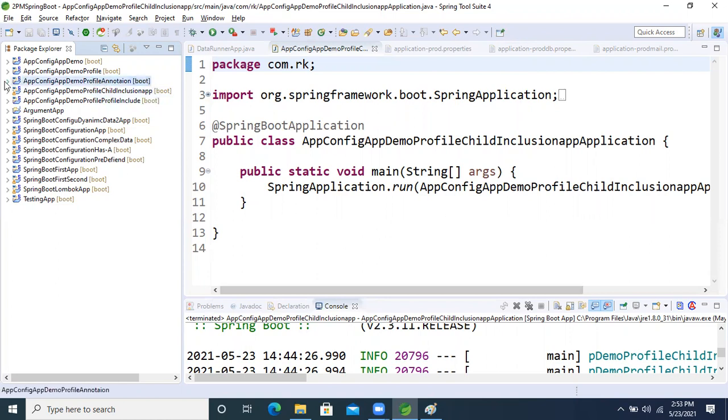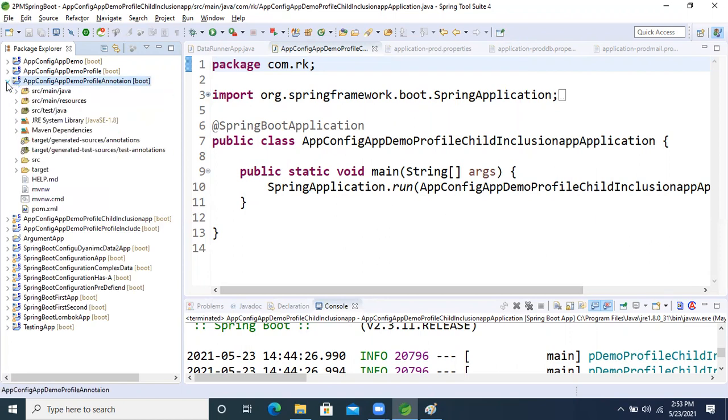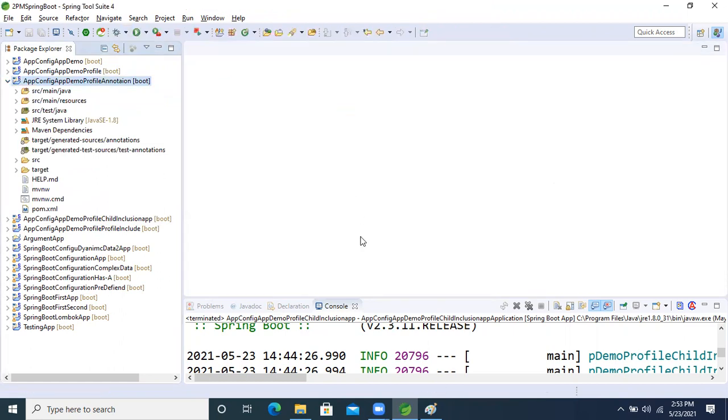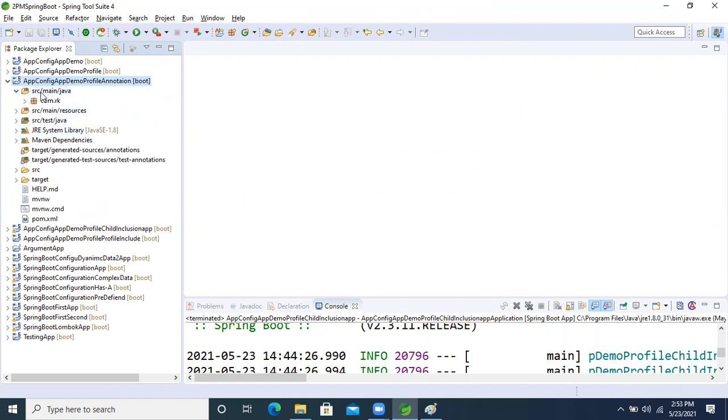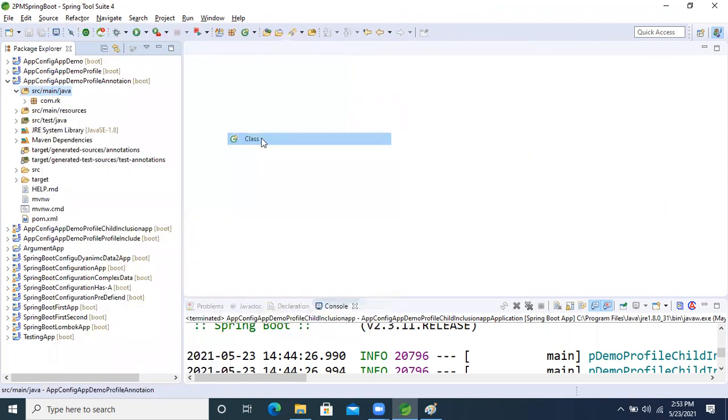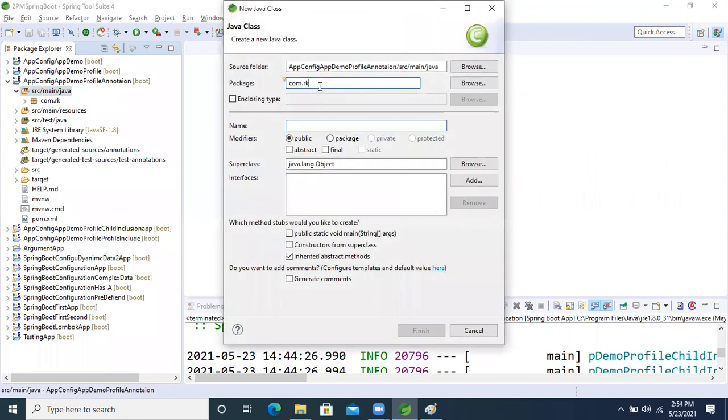The application is created. Now come inside, right click, new, and we will create one class. I'm taking message runner A and message runner B.